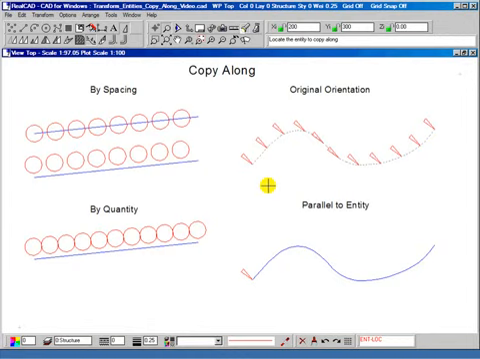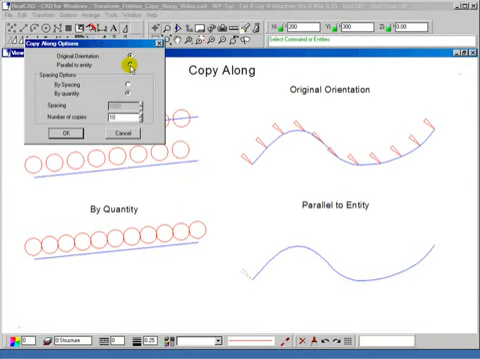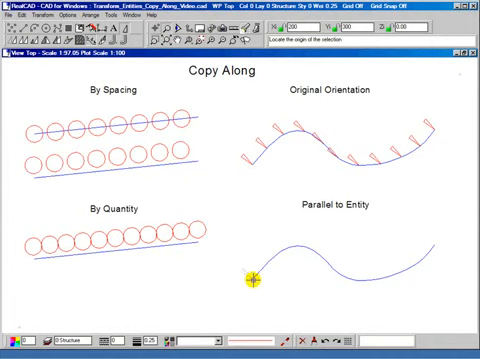You can see how every copy is aligned the same as the original. If we look at the other alternative, we choose this and we have parallel to entity. OK, use this point here along this curve. You can see in this case that the selected entities have altered their alignment so they remain parallel to the